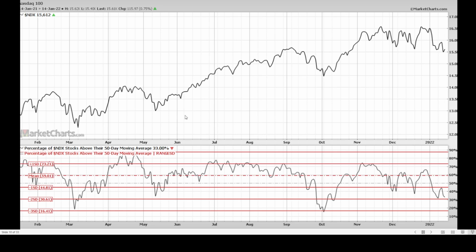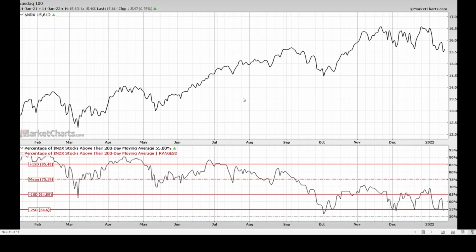Let's head on to the NASDAQ 100, symbol QQQ, and we notice breadth is a much different situation because now only 33% of the NASDAQ is above its 50-day moving average, telling you that 67% of the index is headed down as momentum is breaking lower. So this is very weak for the NASDAQ. Every time it's gotten down here, it's had a short-term bounce. So it's sitting at a -2 standard deviation on a 1-year chart.